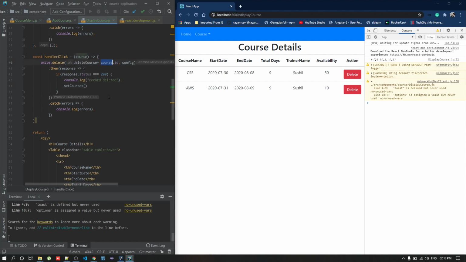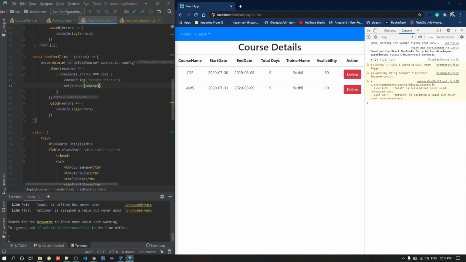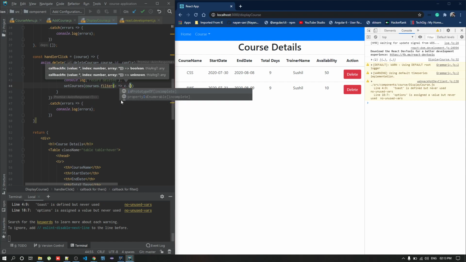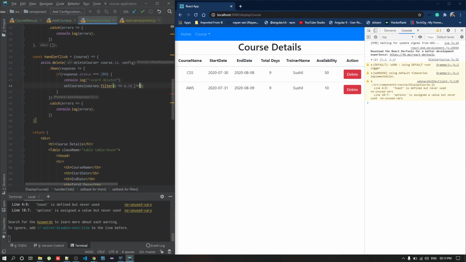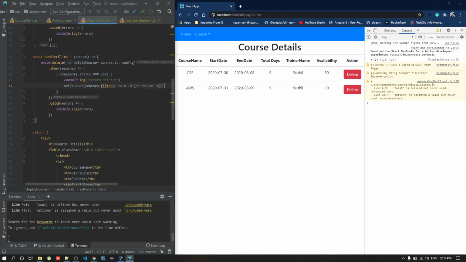We will get an ID here. So how are we filtering the data? We have a JavaScript method called filter. We'll say I'm filtering it out with c.id not equal to course dot id. Only display the matching ids. We have to remove which is not present.